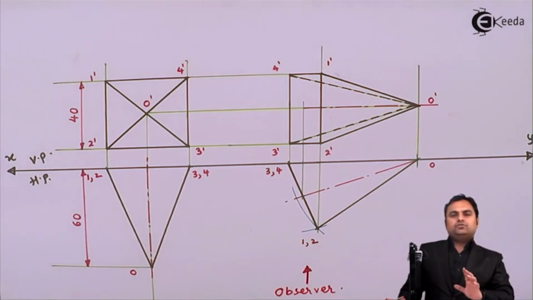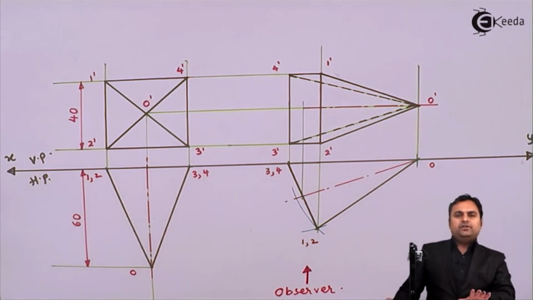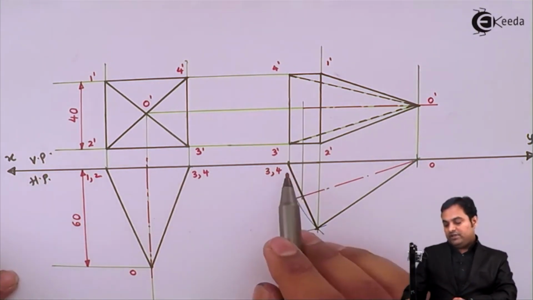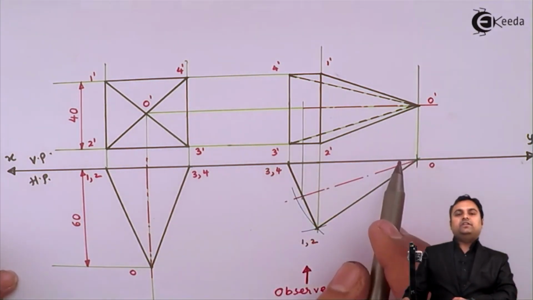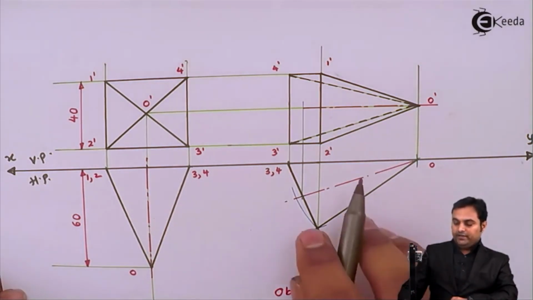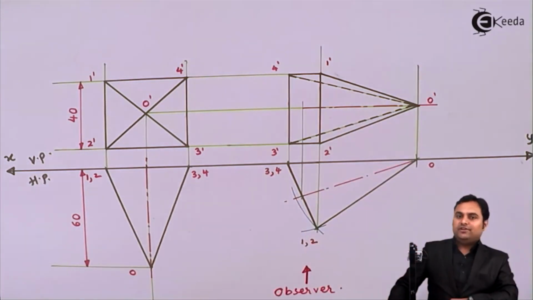So inclination was not given in this question, whether the pyramid is inclined with HP or VP. In place of that, they have told that the triangular face is in VP. So we have made that triangular face in VP, making it parallel with XY, coinciding with XY, and then we have projected its front view. So with this, we complete the question.